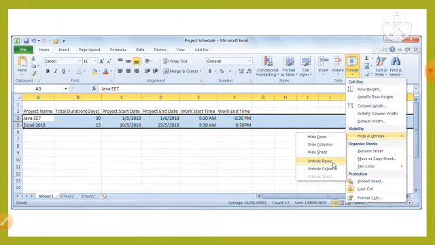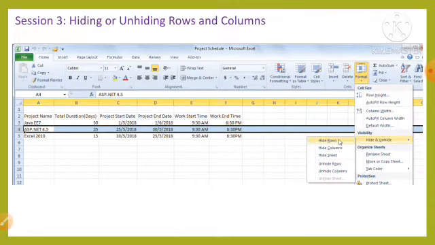At first, hide or unhide rows. If we do not want to display a row in a worksheet but may use the row later, we can temporarily hide the row in the worksheet. The hidden row can be easily unhidden or displayed at any time when required. We can unhide the hidden row or rows by selecting the Hide and Unhide option in the drop down list.